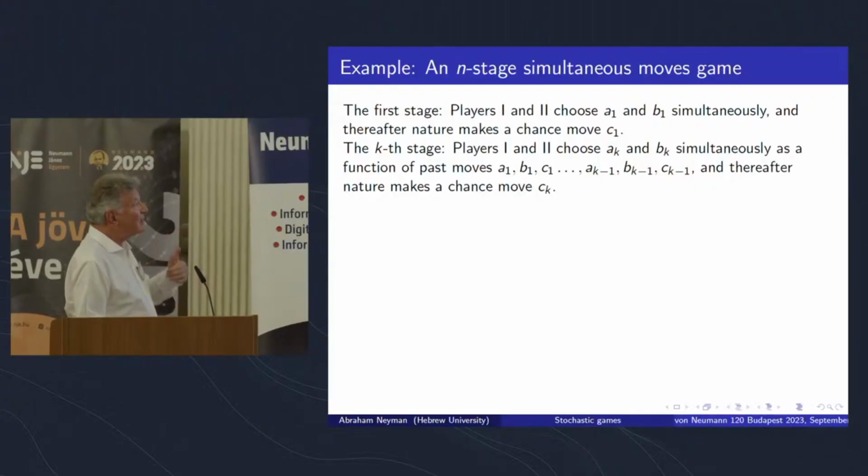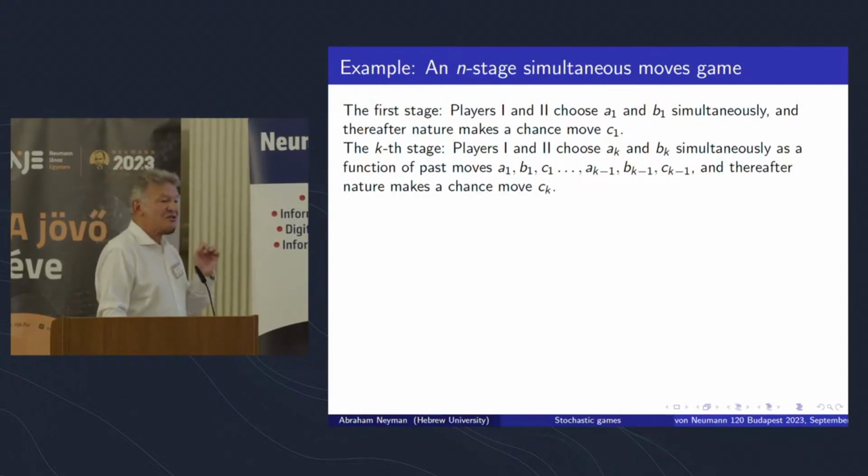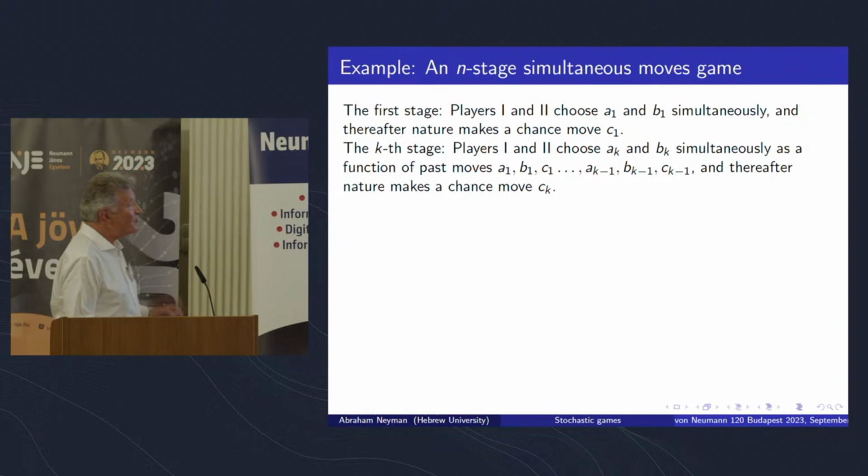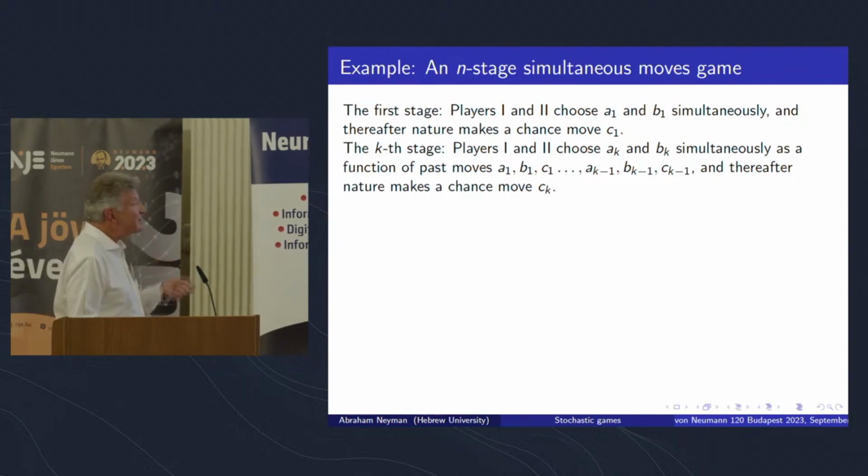let's look at end-stage simultaneous move games. Before it was one move. So first, player 1 chooses A1 and player 2 chooses B1 simultaneously. And thereafter, there is a chance move. Chance makes a move C1. At the kth stage, player 1 takes an action AK and player 2 takes BK simultaneously, and then nature chooses